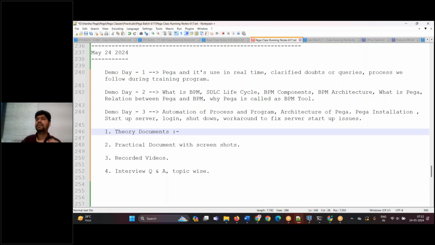See, in the interview they will not ask you to do the practical. They will ask you to orally explain the solution for whatever scenario they give you. If you have to orally explain, you should get used to the technical words. This is the first time you are learning Pega, so I can speak technically very well.